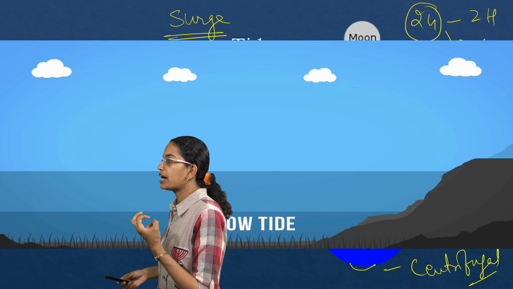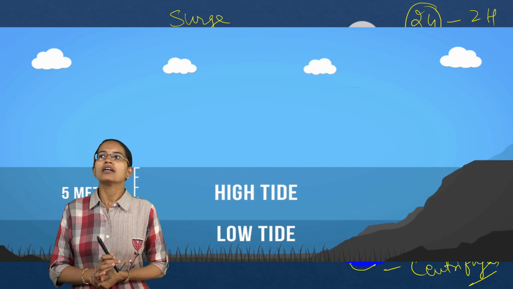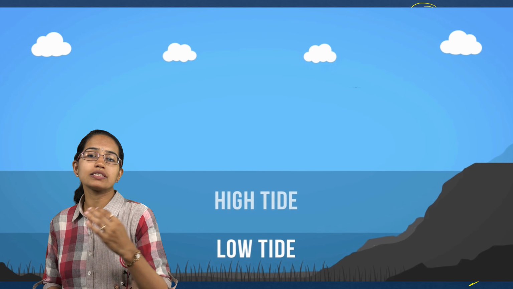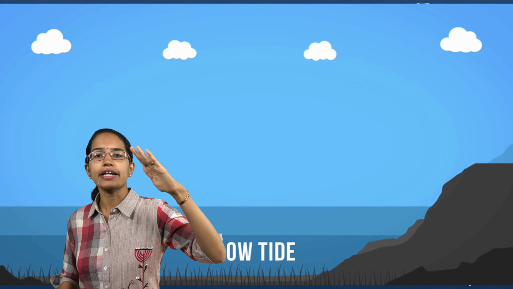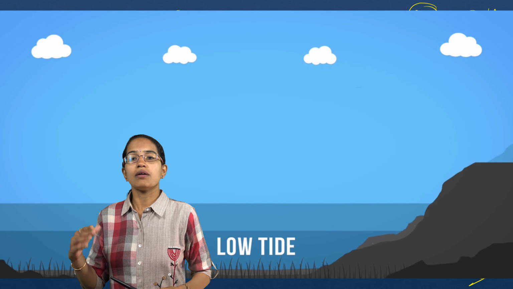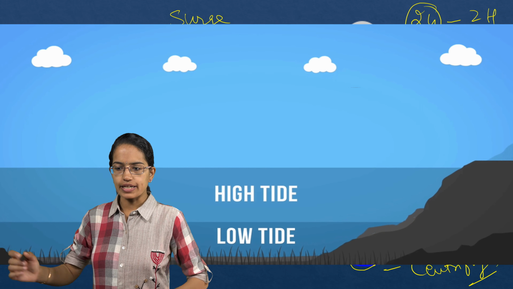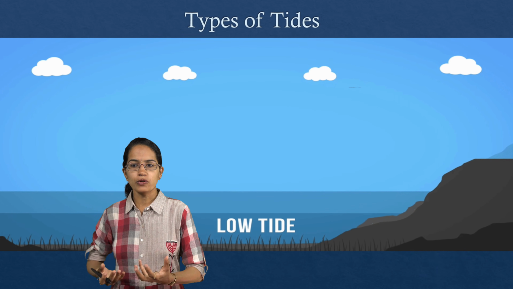Again, when you have a tidal current that is seen, this tidal current is a kind of channelization that is seen between islands or bays, which leads to higher tidal frequencies or higher tidal levels. Some of the highest tides of the world are seen in the Bay of Fundy in Canada. So that was a kind of general idea about tides.